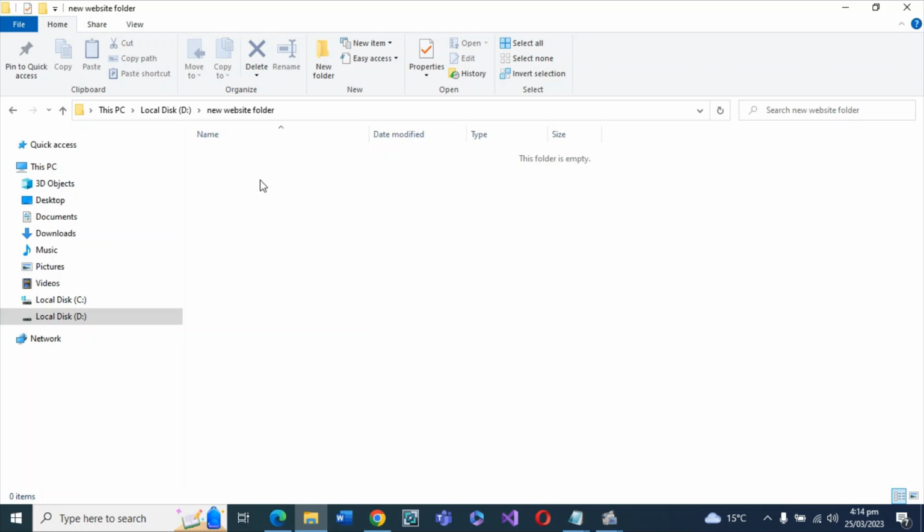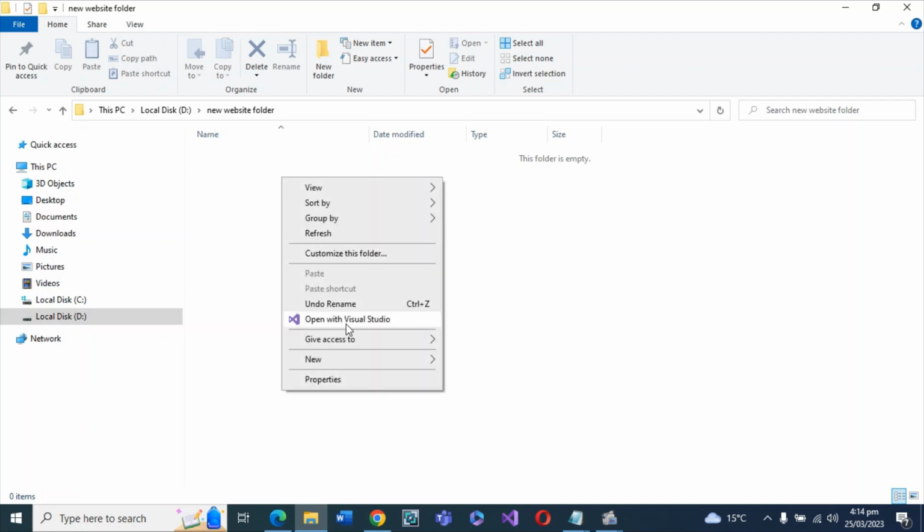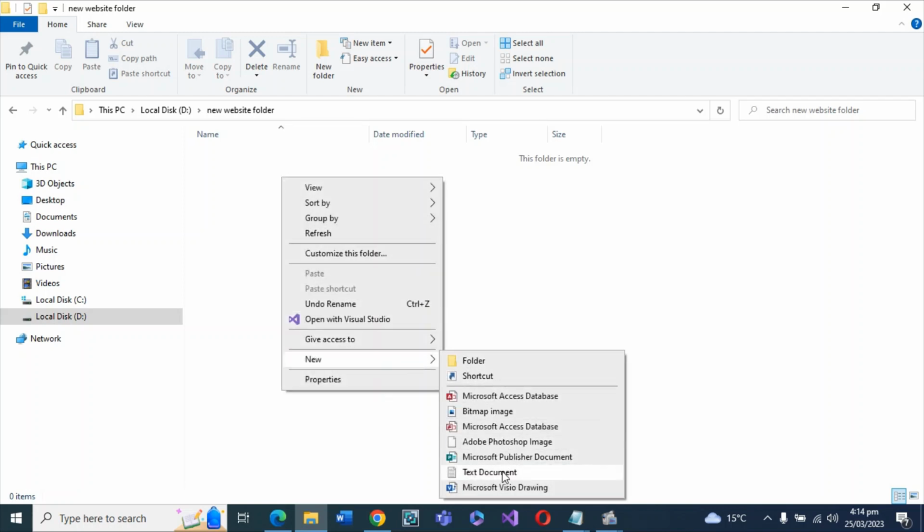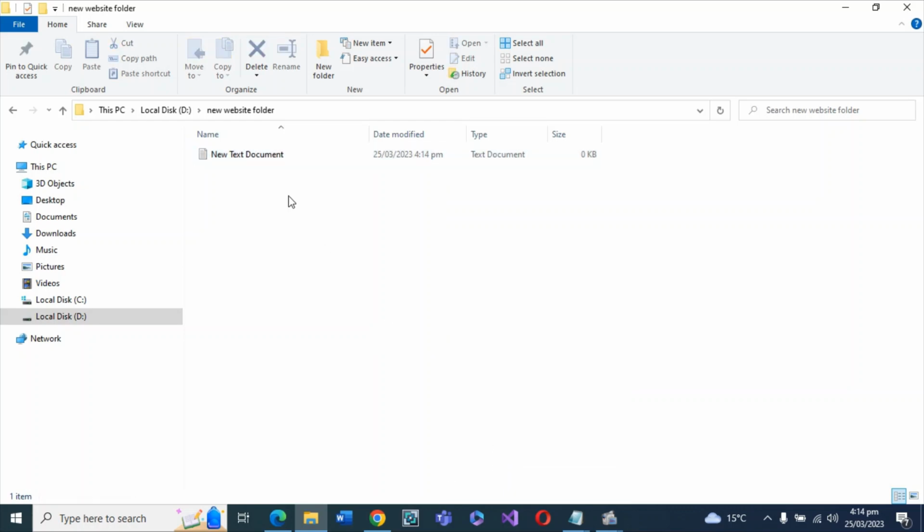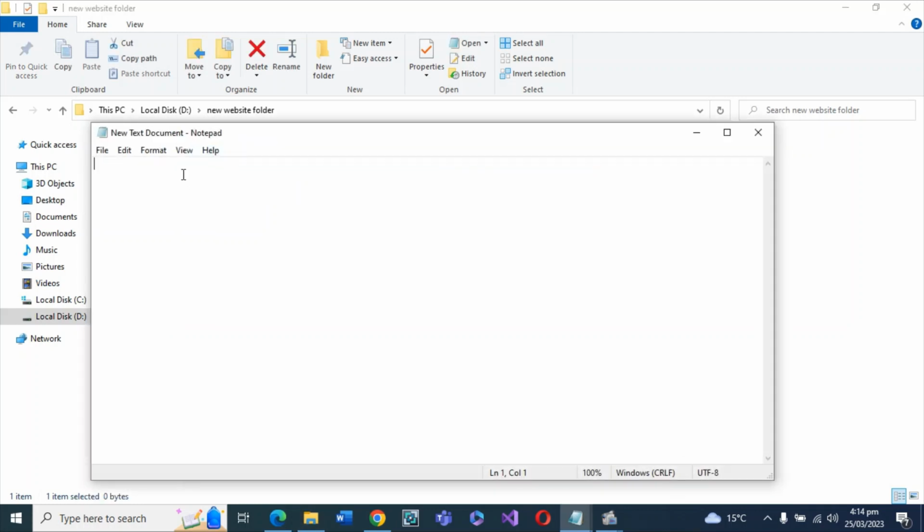So here's the first thing you can do. Right click here, new, and text document. This is a simple text document opening in Notepad. Double click this text document. So type here